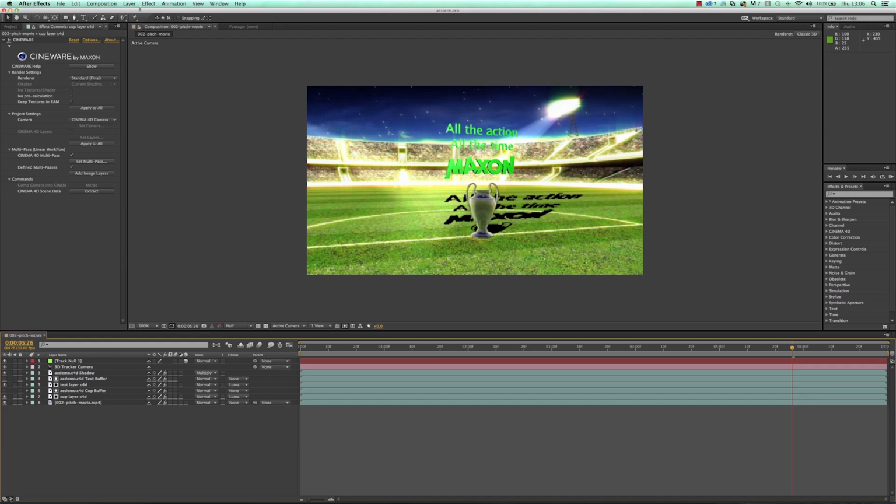So for example, we may think that the shadows are too harsh, and if you've got a final rendered out movie from Cinema 4D, then you're stuck with it. It's very hard to say I want to soften those shadows because it's not on separate layers. The whole benefit of all this multi-pass and separate layer way of working is that you can tweak any aspect of any of those layers using the tools that you know best in After Effects, and you can do it across the whole movie really, really fast.